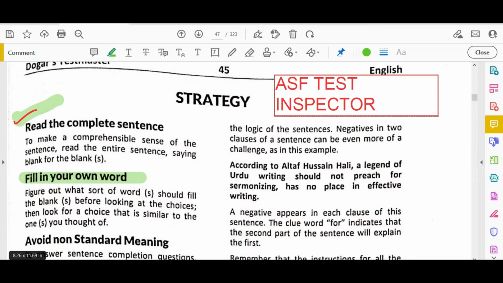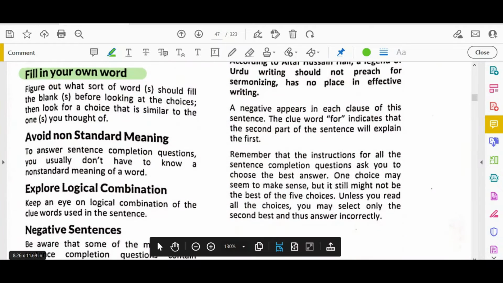So you should read the sentence in a flow and fit the word with your own choice. First of all, fit the word with your own choice. Most of the words which we are fitting are the most suitable answer for our questions. Then after adjusting the word with your own choice, read the options and select a good option for your solution.